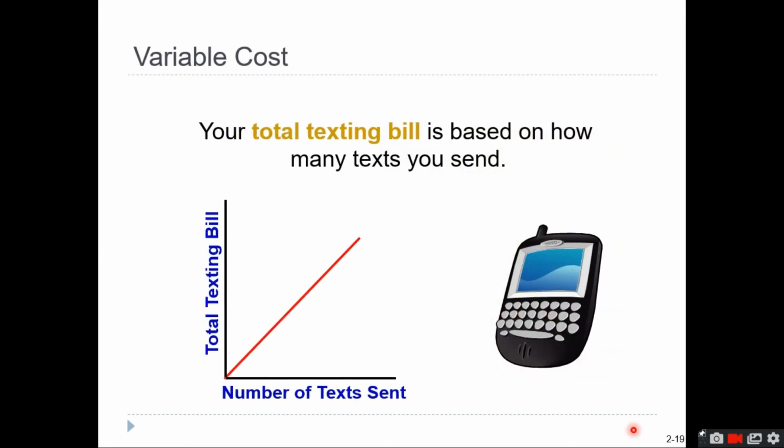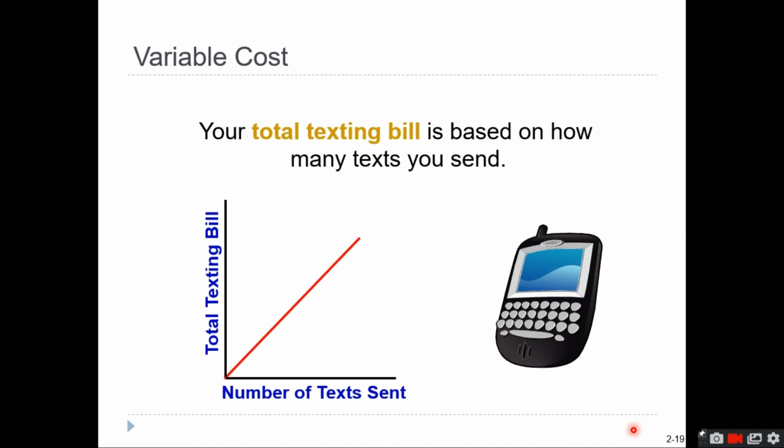Okay, so generally when you talk about variable cost, this is a cost that is fixed when it comes to a per unit basis, but it increases as the production also increases. Okay, so generally that is the definition of your variable cost. So again, variable cost is a constant amount per unit, but it will increase for every unit that you are producing. An example there would be generally all direct materials and direct labor are variable cost.